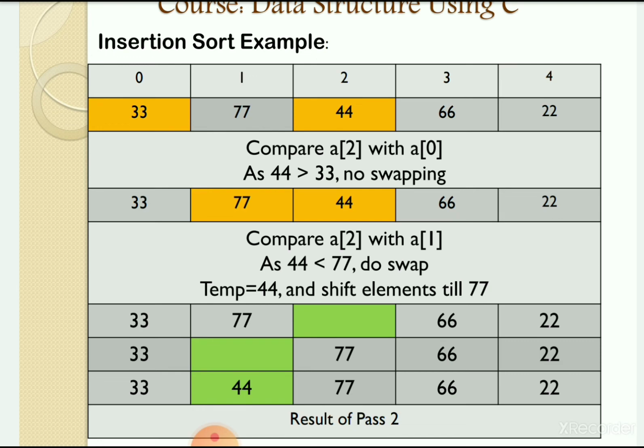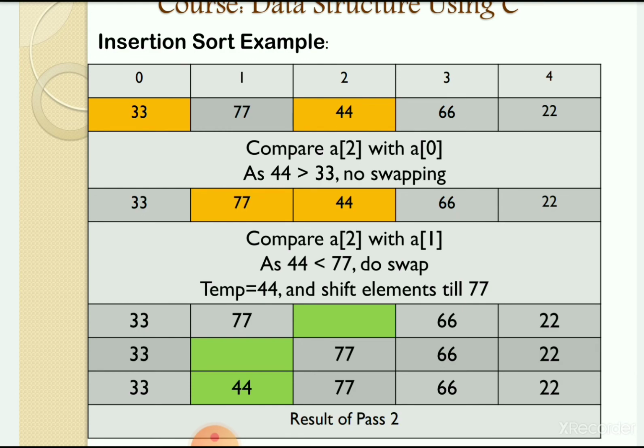Because when comparing, we found that 77 is greater than 44, not 33. So we don't have to shift the 33. We only shift the 77 to the next position. The position for 44 is blank, and at that place we insert the element 44. So after pass 2, you get the elements like 33, 44, 77,